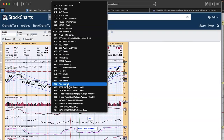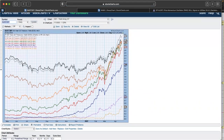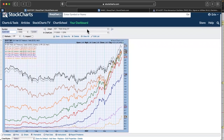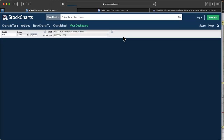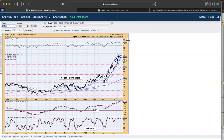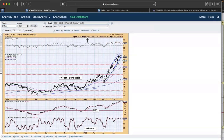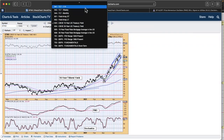All right, let's look at the yields. They resumed their move back up today. And we can see with the 10-year yield, we're getting that breakdown from that rising wedge, but it held the bottom of this rising trend channel. I'm not so worried about this wedge. I'm really not expecting yields to pull back much further. Certainly could, but at this point, rising rates seem to be the norm,